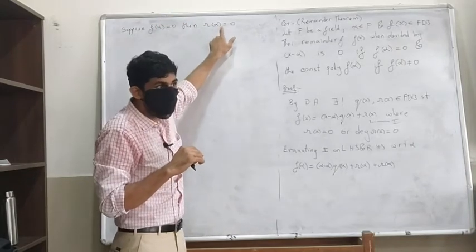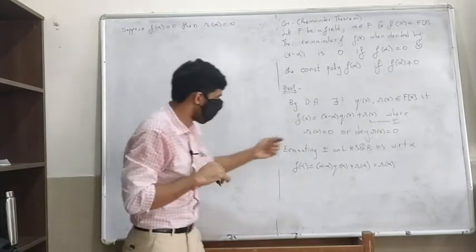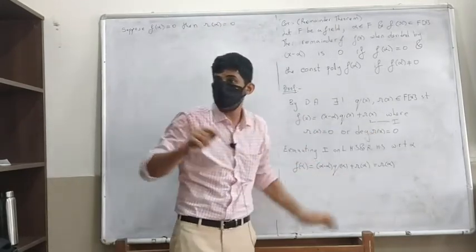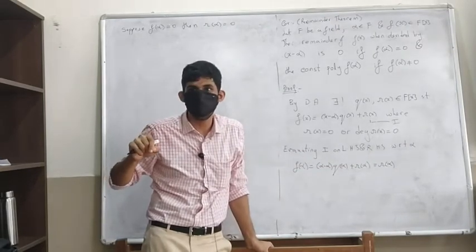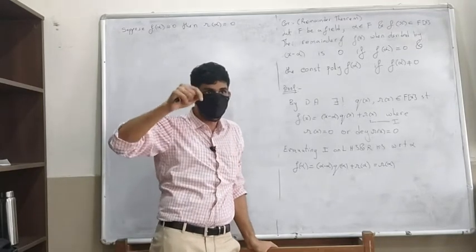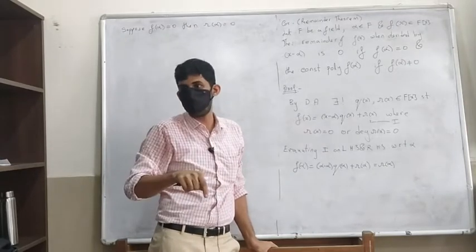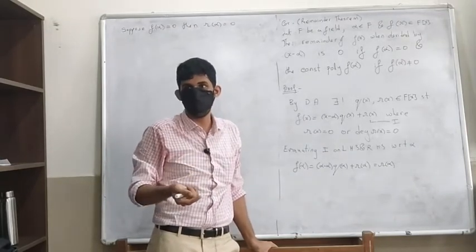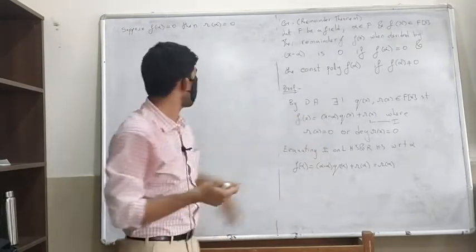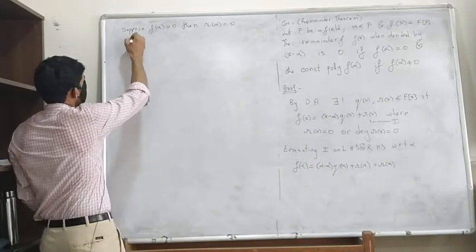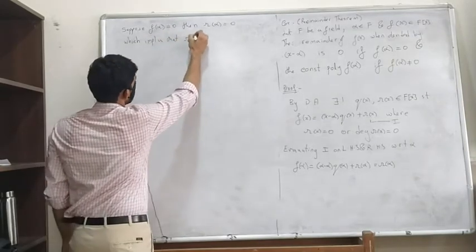When can we have R of alpha equal to 0? If R of x is 0, we know that R of alpha is 0. That is not a problem. What happens if R of x is a constant polynomial? What will happen to R of alpha? Can it be 0? No, because when we evaluate a constant polynomial at any point, it will give us back that 0th term, which is a non-zero number. So this can only happen if R of x is 0, which implies that R of x is 0.